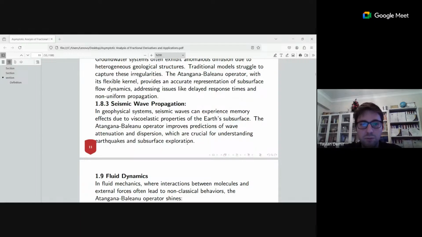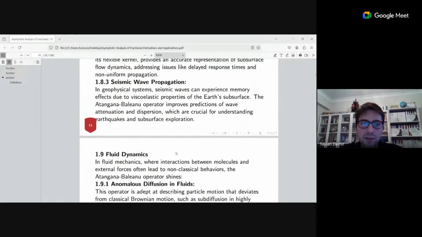In geophysical systems, when we look at seismic wave propagation, seismic waves can experience memory effects due to viscoelastic properties of the Earth's subsurface. The Atangana-Baleanu operator improves predictions of wave attenuation and dispersion, which are crucial for understanding earthquakes and